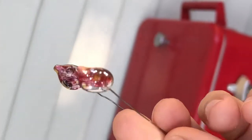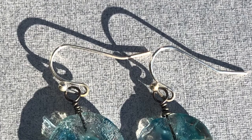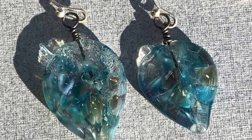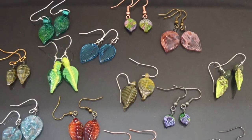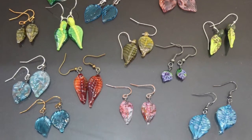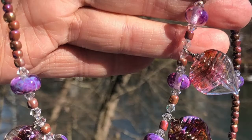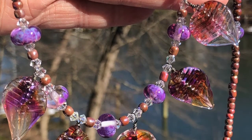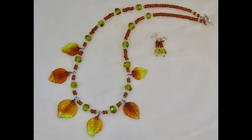Just be sure that if you are going to wire wrap them into a pair of earrings like you see in this picture, that you don't pull it too tightly against the glass because it could cause them to crack. So there are a number of things you can use leaves on headpins for. The first, most obvious one, is if you're making two per one, you can make earrings, and they will more or less match. The other thing you can do is wind the wires and make small bails,